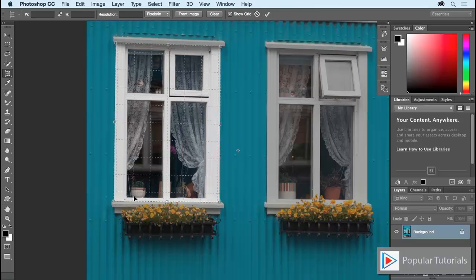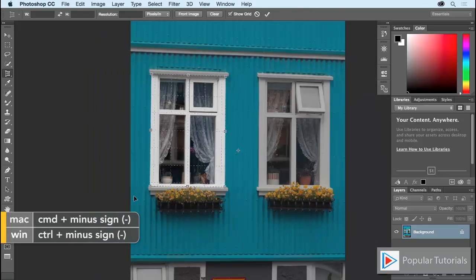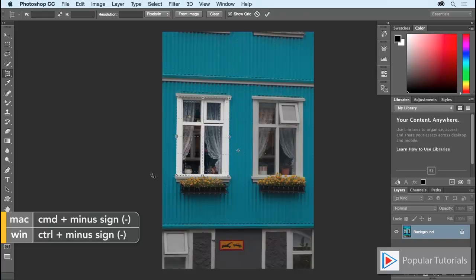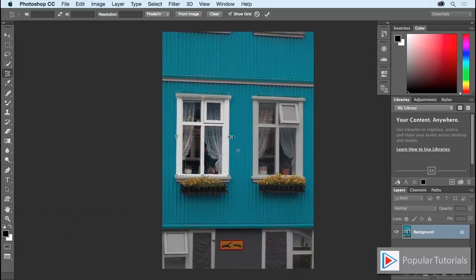Now, I don't want to include just what's inside of the window. I was really just using that as a guide. So I'll zoom out using Command-, and then I'll select the middle handles in order to stretch the area that I actually want Photoshop to correct. I'll stretch this one up, and we can stretch this one down, and I'll move the left side over a